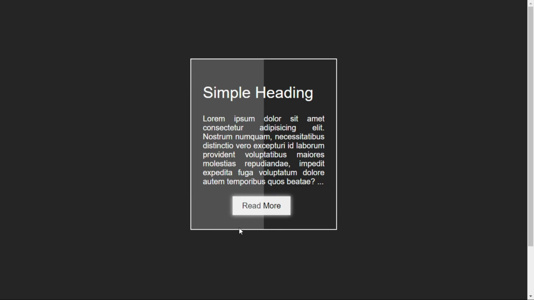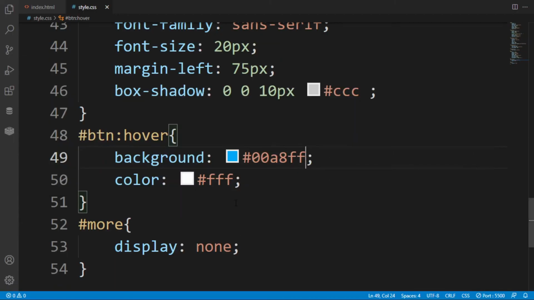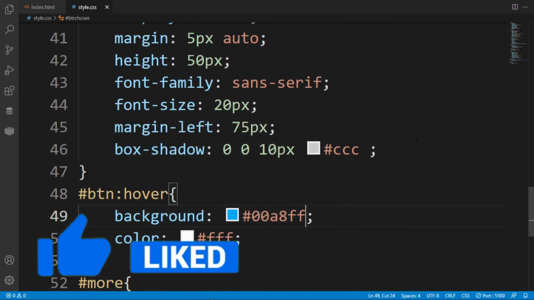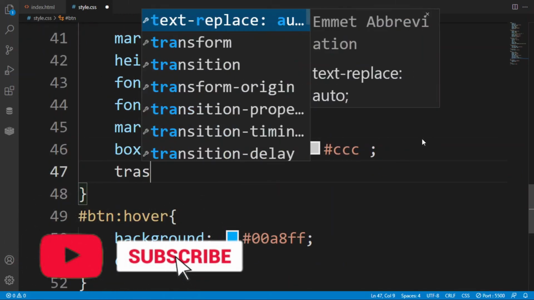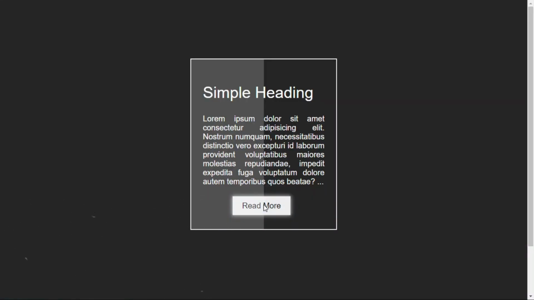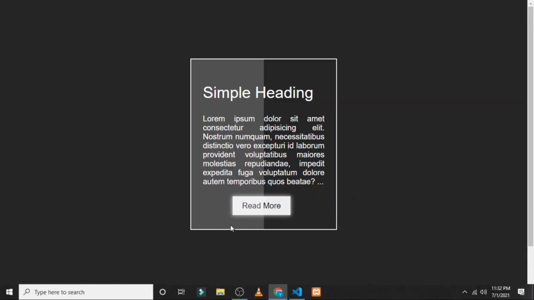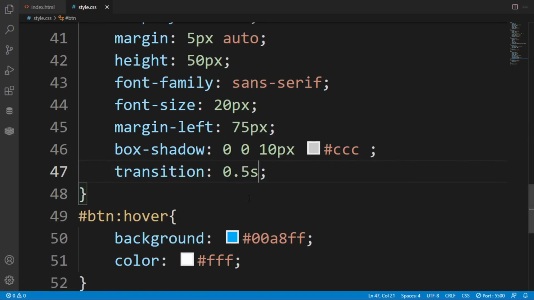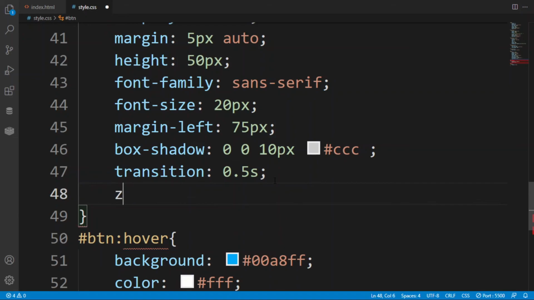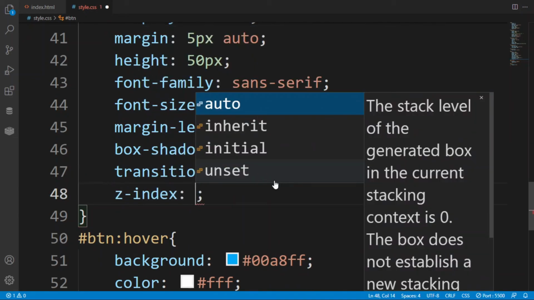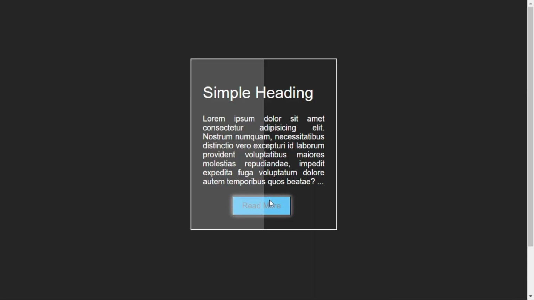as you can see, there is a problem because we have created a pseudo class, so it is hiding the hover effect of the button. So there are two solutions here. You can put the z-index in the btn, or you can put the z-index of -1 in the after class, so that the button will be on the upper side. So here I am putting the z-index in the button also, which will be 2.